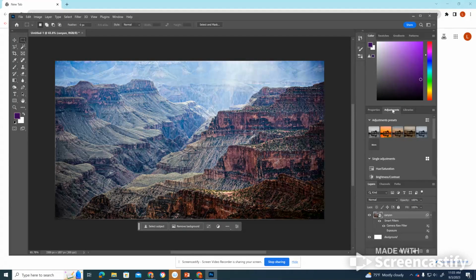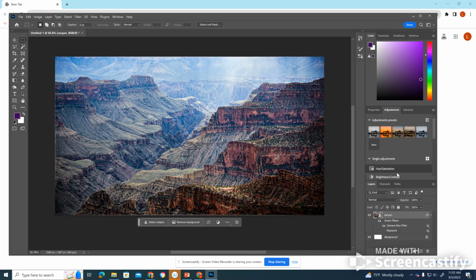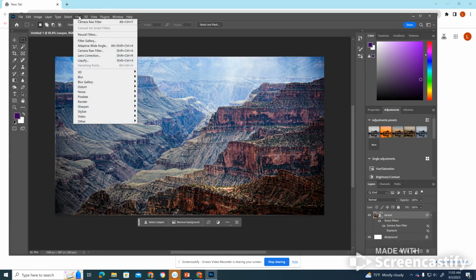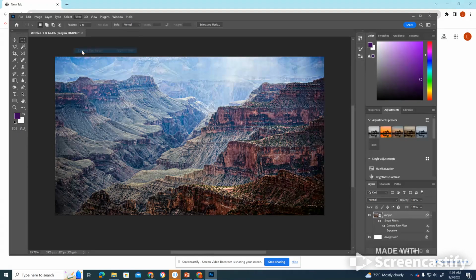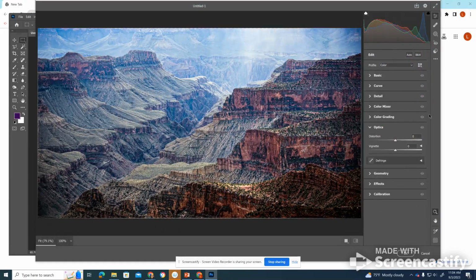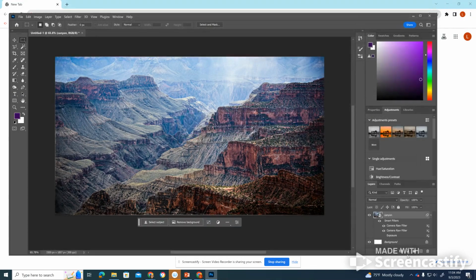If you do your adjustment panel on the side over here, it's going to put filters on the top and everything reads through. Last thing, just as a refresher, is your filter that's called your Camera Raw Filter. And again, this is going to be kind of like a one-stop shop to editing your photo. Hopefully that's exciting for you and you are able to play with the photos that I've attached to your assignment in Google Classroom. You are going to be experimenting with this and editing. When you are done, you are welcome to flatten it, save it as a JPEG, or export it, whatever